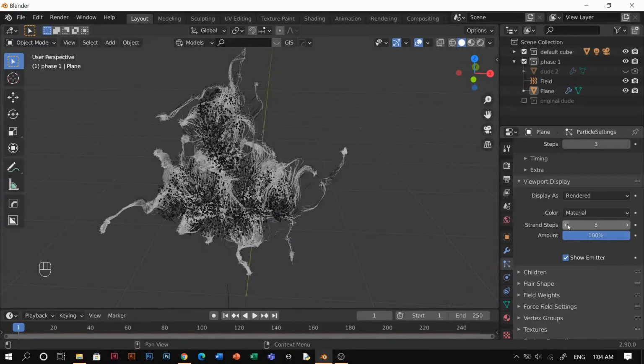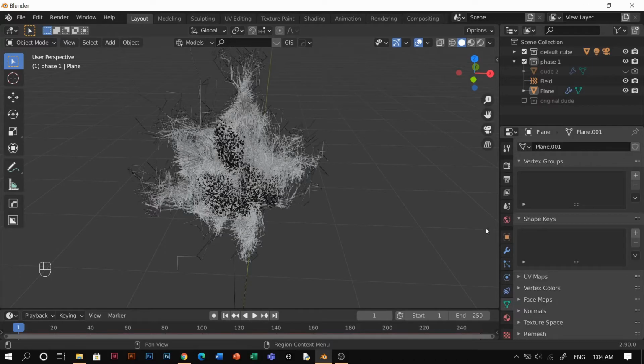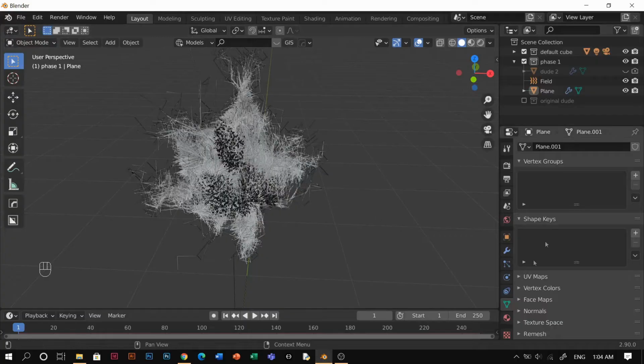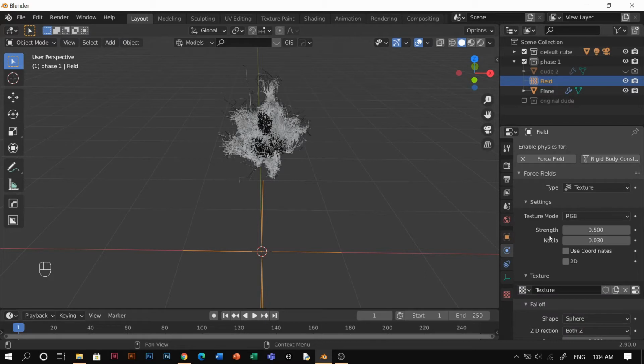But the thing is, I don't want this. I want it to be curl, just like what I made here, just like Mitch. So what you guys can do for that is go to the texture here, force field, physics tab, and texture mode. There is RGB, and if you click it, there is gradient, there is curl. If you hover on top of it,